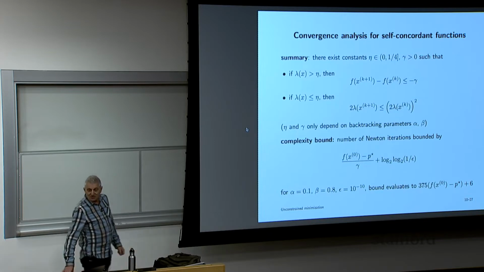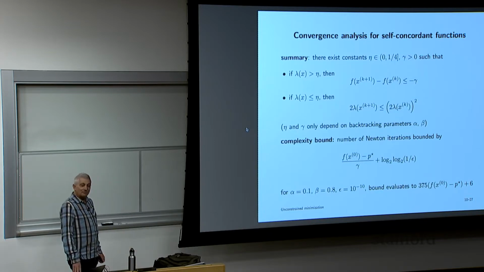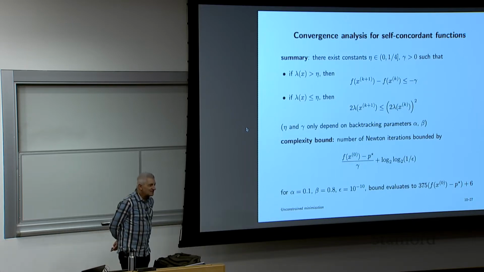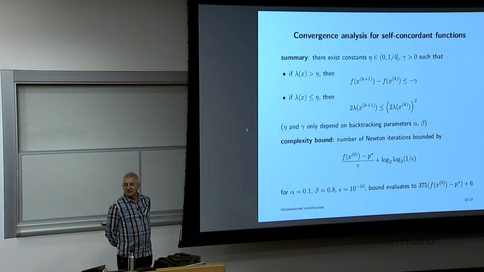We'll see this will come up maybe next week in interior point methods. We'll take care of that, right? So you can still make fun of it that way, but it's fine, because if I replace P star with any lower bound on P star, then I still get an upper bound on the number of steps. So